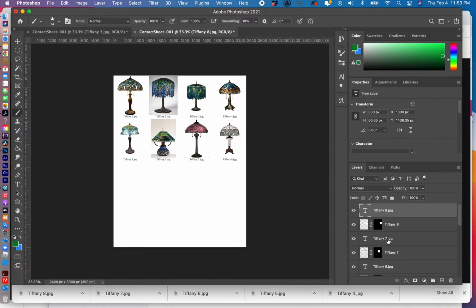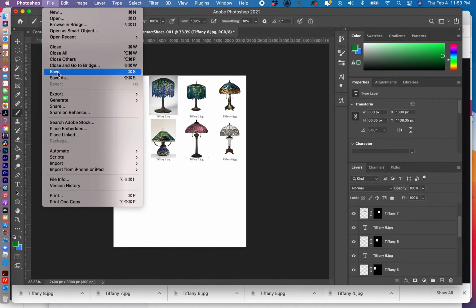And as you can see, it made all these layers for me. Okay, made them very simple. It used masks here that are linked to the actual layer, kind of like we were doing with Paste Into. And it does a wonderful, wonderful job, and I'm all done. So Contact Sheet 001, I could rename it. I can go File, Save As,